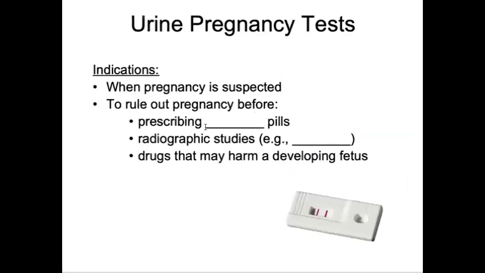Now, urine pregnancy test, this is probably one of the most common urinary waived tests out there. For the most part, you just drop one or two drops of urine, and it's looking for HCG, that human chorionic gonadotropin. It's a hormone that's produced by the body when you are pregnant. And so